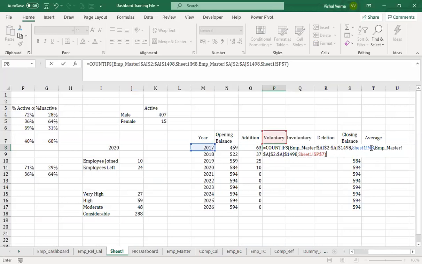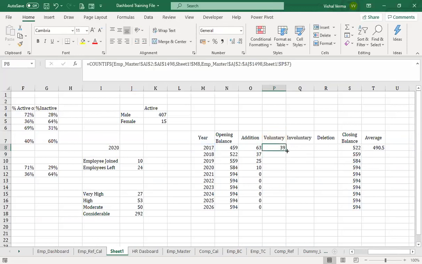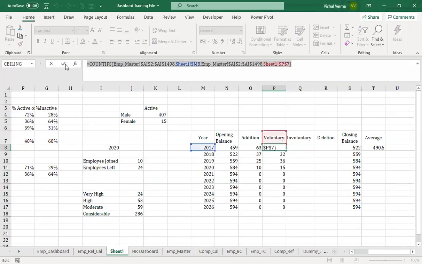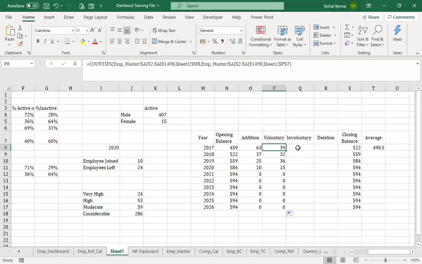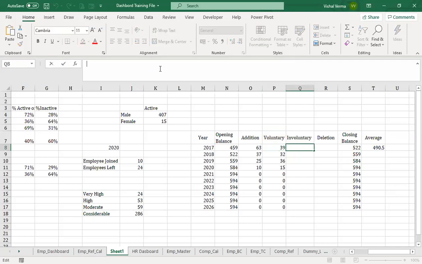So we have got 39 here. It will again be 0. Now we need the voluntary here. What we can do is just copy this formula, which will save our time, and put it here.